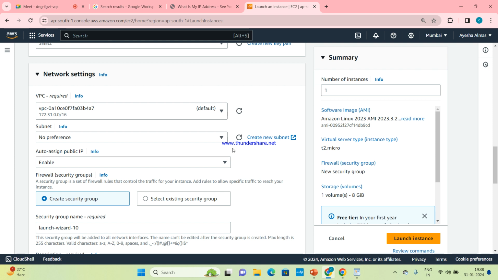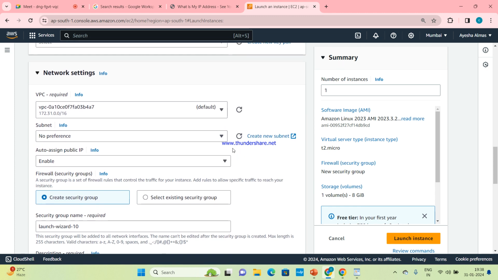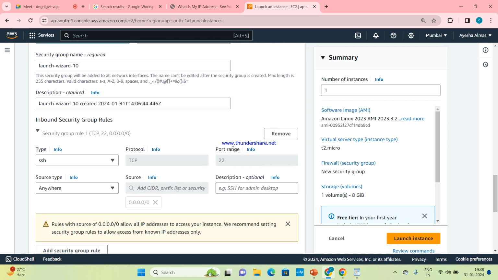Without VPC, can we launch an instance? No. EC2 is dependent on VPC. If we don't give a VPC here, then it will not get a private IP address or public IP address. Clear?